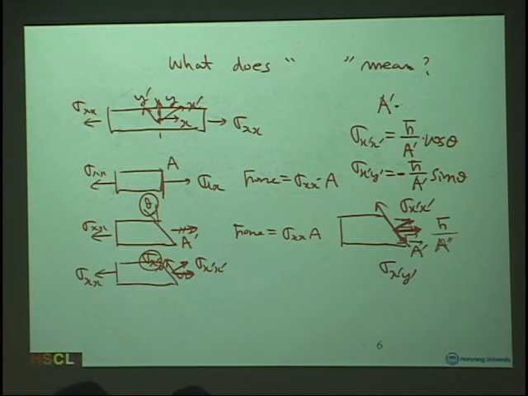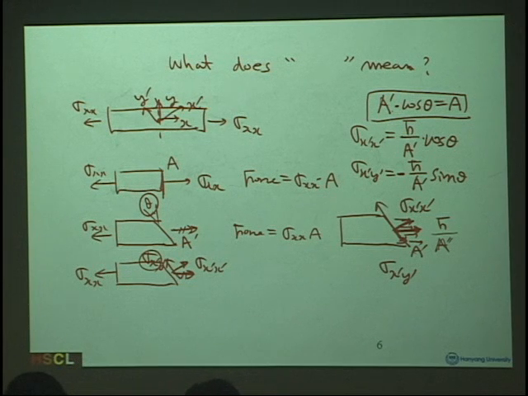Actually, A prime times cosine theta will be A. Right? We have a relation between the cross-sectional area A prime and A, which means that A prime has increased by cosine theta. I mean, A divided by cosine theta. And if we put this A prime into here,